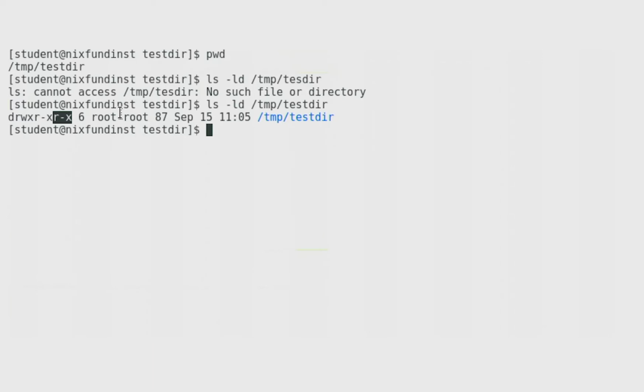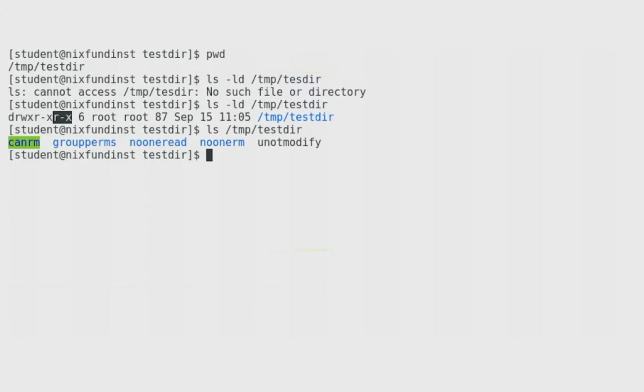That means that we have the ability to read the contents of the directory, which means we can do an ls of it. So ls /temp/tester, which works. And we also have the ability to traverse the directory, which means we can cd into the directory essentially, which we're already there. But